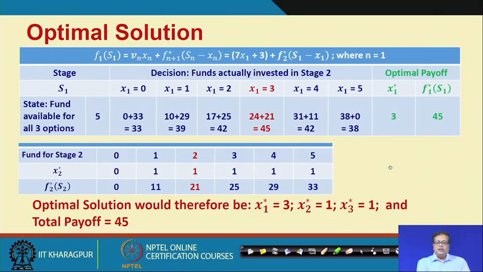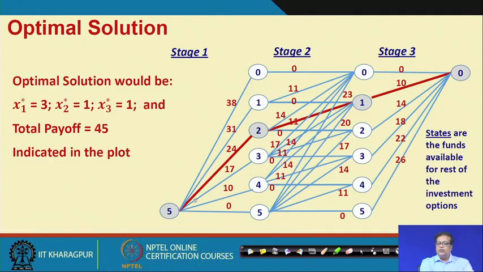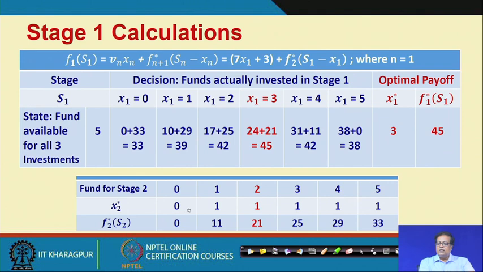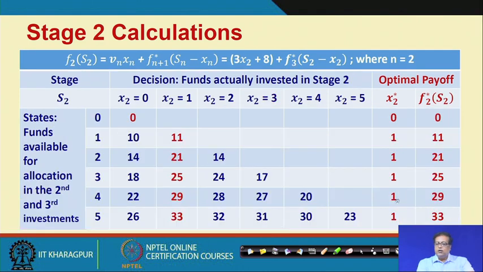This has been illustrated further. This is the chart once again of whatever calculations we have done. So what becomes our optimal solution? The optimal solution will be x 1 equal to 3, x 2 equal to 1, and the remaining one should go to x 3. Let us dig further into these two and go back to see how they have been obtained.